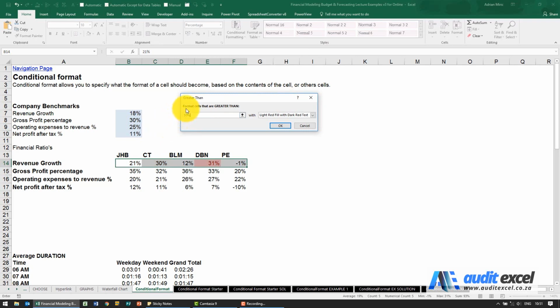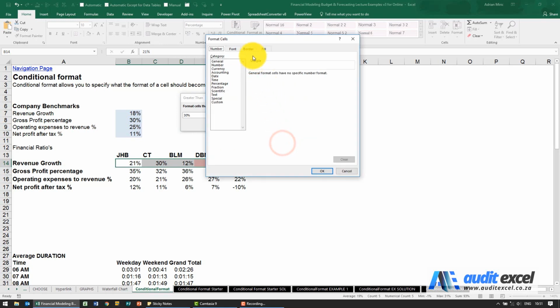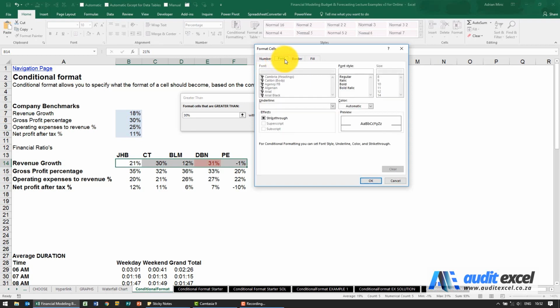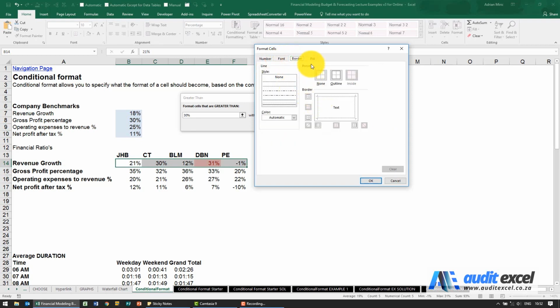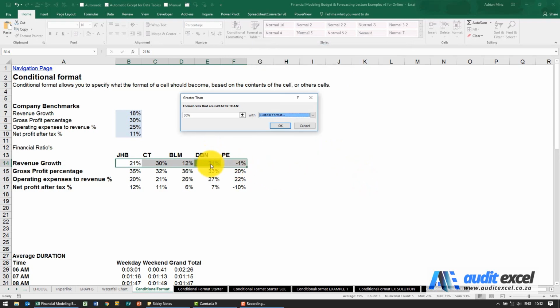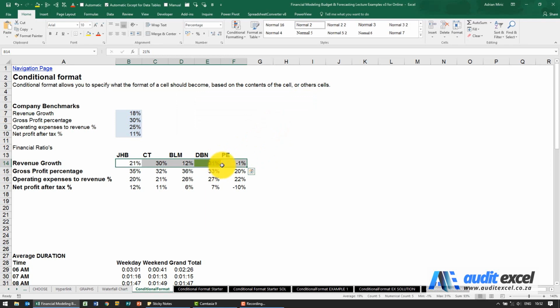So it's going to say that any cell that is greater than 30% is going to be formatted, and Excel has guessed light red fill with dark red text. You can see there's some standard colorings, but we're going to go to the custom format, and this is your normal format cells. So you'll see you can change the number categories, you can play with some font items, you can mess around with the border, and the most common one is we can fill it with a color. So I'm going to say turn it green please. So when I say OK, you'll see it automatically turns it green, and if I say OK, that one is